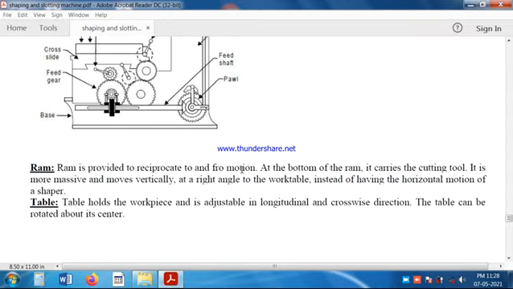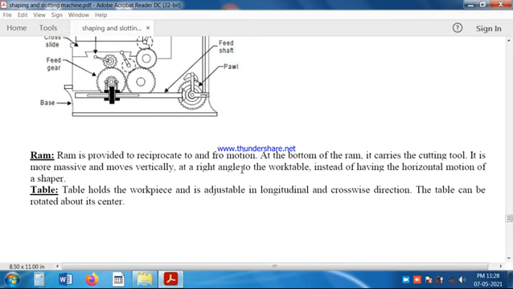Then the ram. In the last lecture we have seen the ram. The ram is provided to give reciprocating to and fro motion. At the bottom of the ram, it carries the cutting tool. It is more massive and moves vertically at right angles to the work table, instead of having the horizontal motion of the shaper.